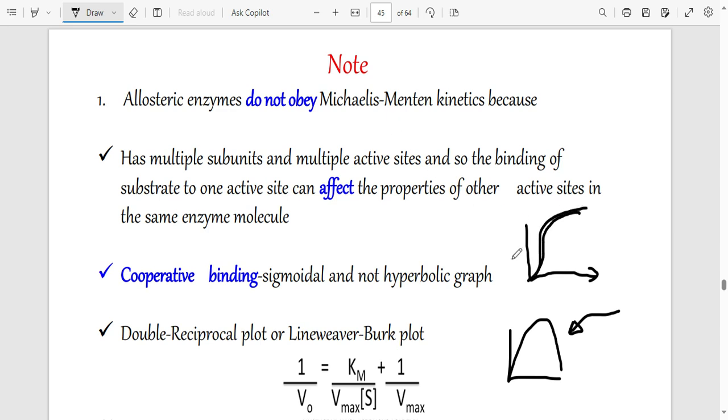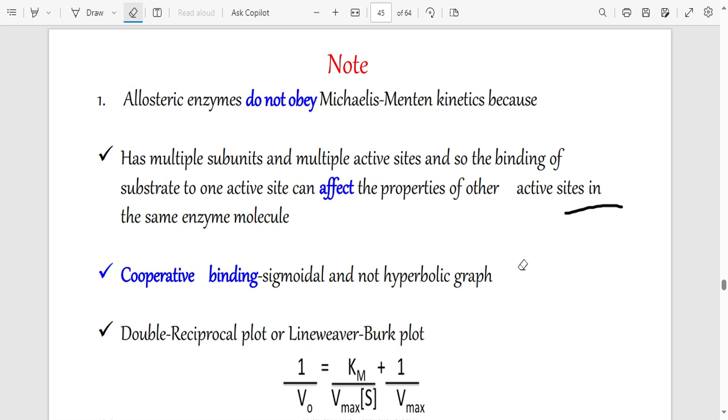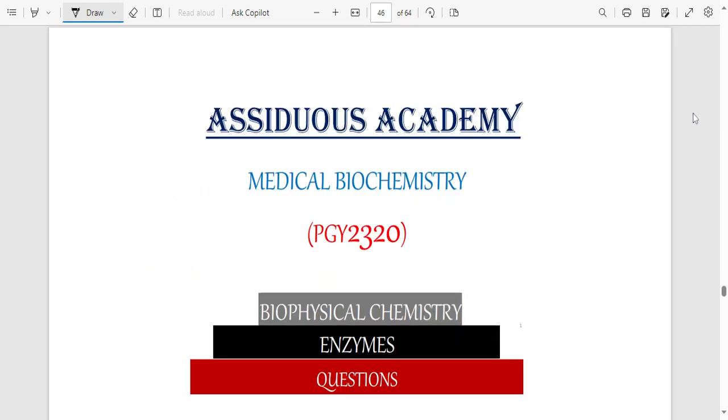There will be a point, the concentration, the reaction is increasing very much. When you increase the substrate concentration, there will be a point when you just stop increasing the rate of the reaction. Okay, so this is what we call the double reciprocal plot. They can ask you on the double reciprocal plot what represents the gradient, and I think we've already mentioned that and we have understood. Okay, so that is